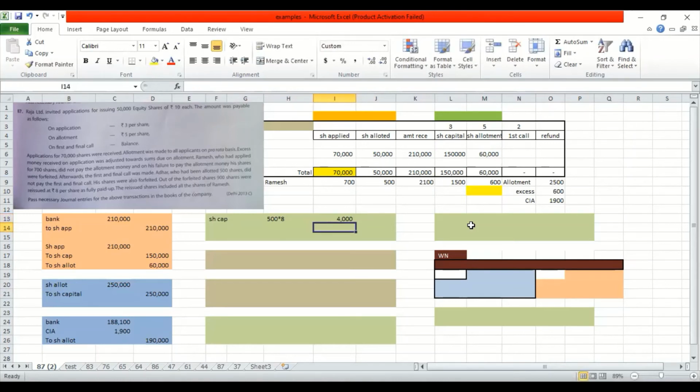Okay. So 4,000 is what? The share capital to be debited to call in arrears. Just now you found out 1900 to share forfeiture. What would that be? Again, if you do the balancing figure, you will understand it's 2100. Without balancing figure, the table also tells you that the amount received from Ramesh is 2100. So that gives us 101% surety that our answer is right.